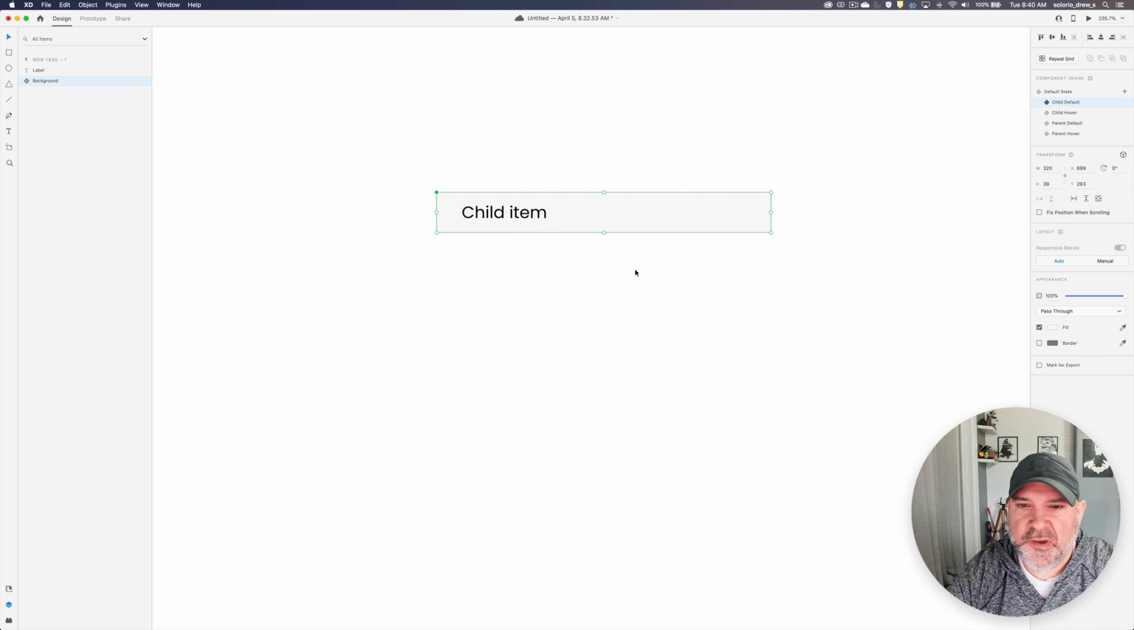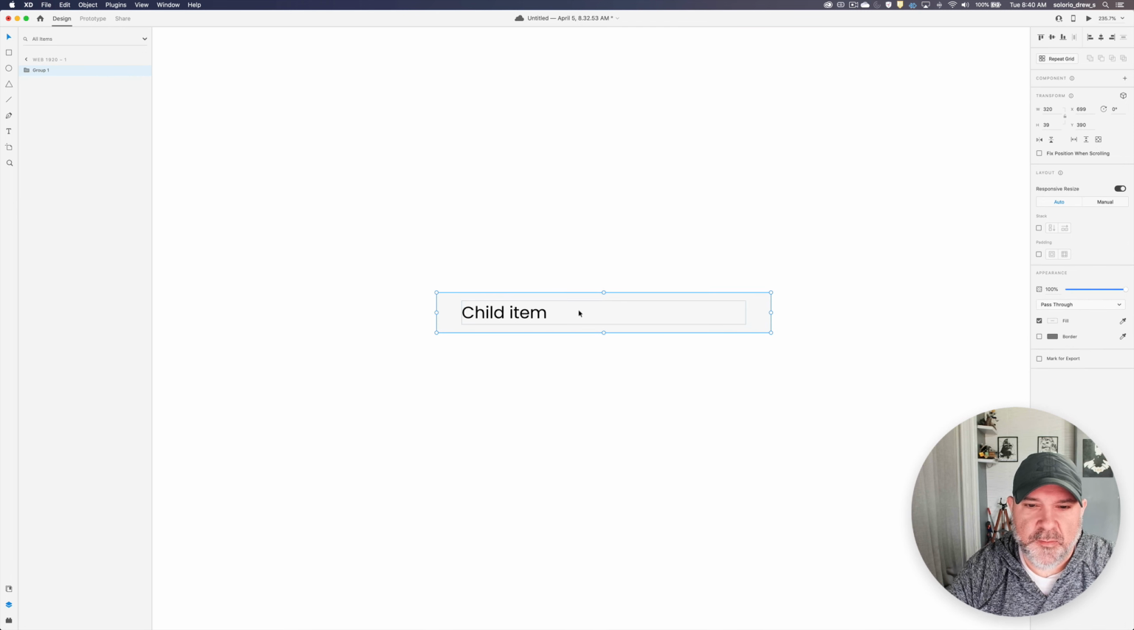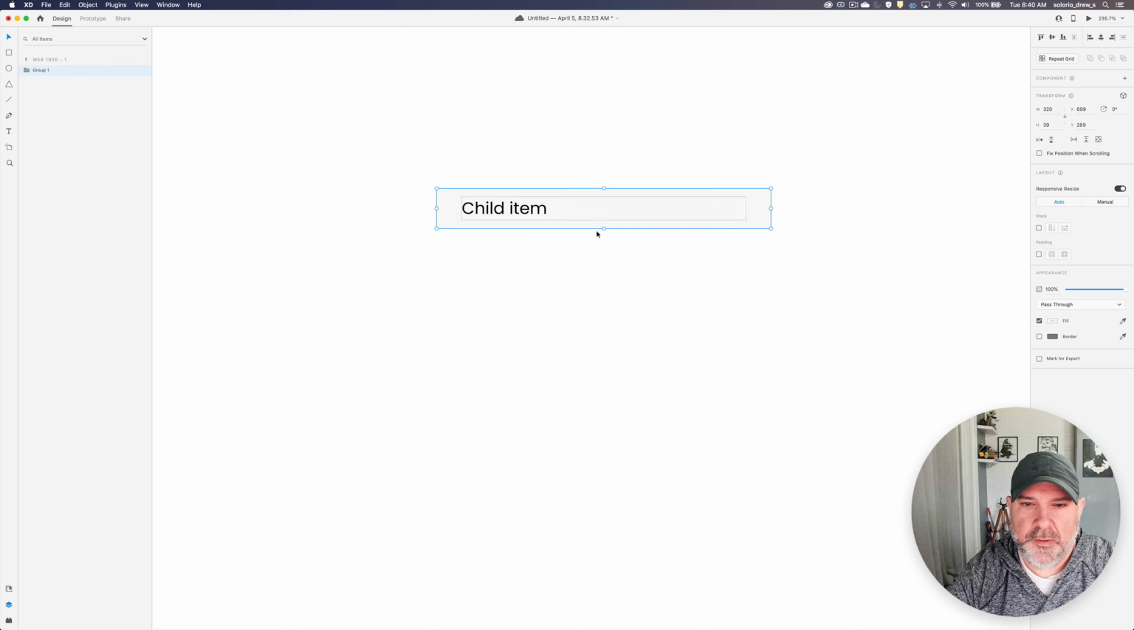So I'll switch it to the child default state, and I don't really want to use the main component for this, so I'm just going to get rid of it. Adobe XD would actually do that for you if you used the main component inside of another component. If you nested it inside there, it would actually swap it out and give you the instance instead, so you're not constantly editing the main component. So these 2 now I'm going to group, and I'm going to rename that to child item. And now I'm going to group it again